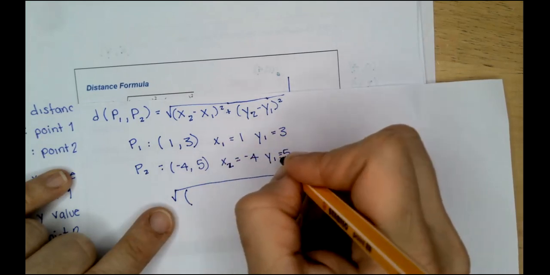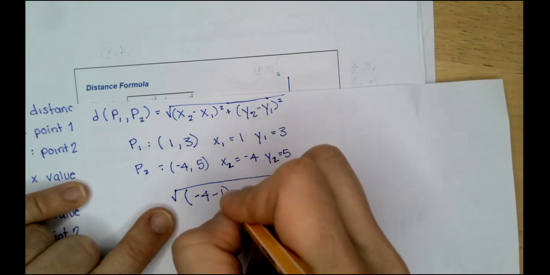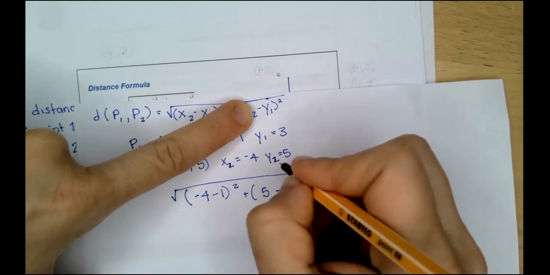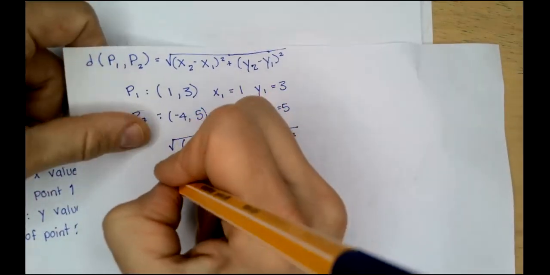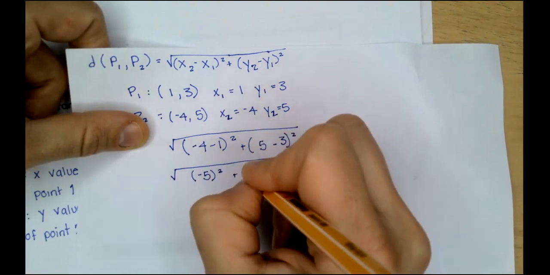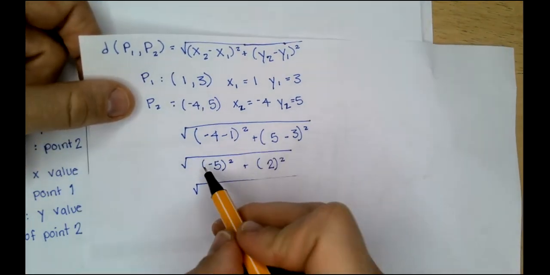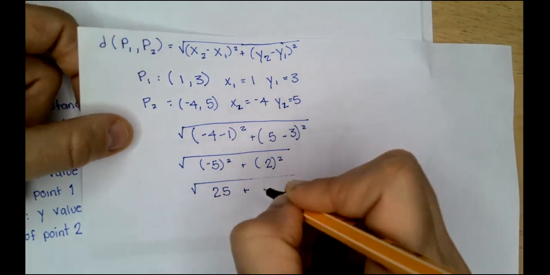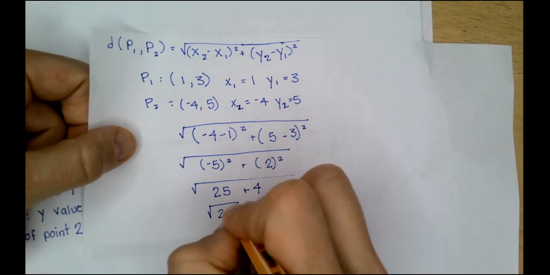Sorry. Not surprised at all that I did that. Negative 4 minus 1 squared plus y2 is 5, y1 is 3, so 5 minus 3 squared. Negative 4 minus 1 is a negative 5 squared. 5 minus 3 is just a 2 squared. Negative 5 squared, because the negative 5 is inside the parentheses, that's still going to be a positive, so that's going to be a 25. And then 2 squared is going to be 4, so that's just going to be the square root of 29,